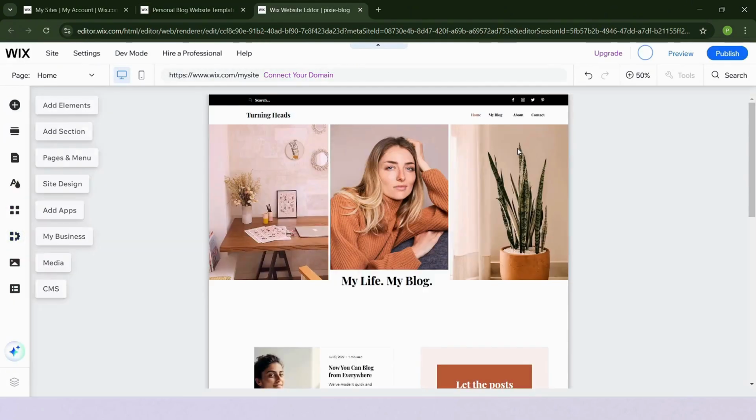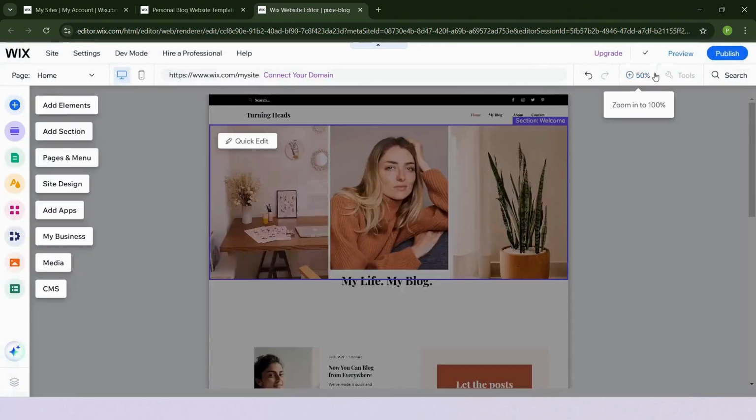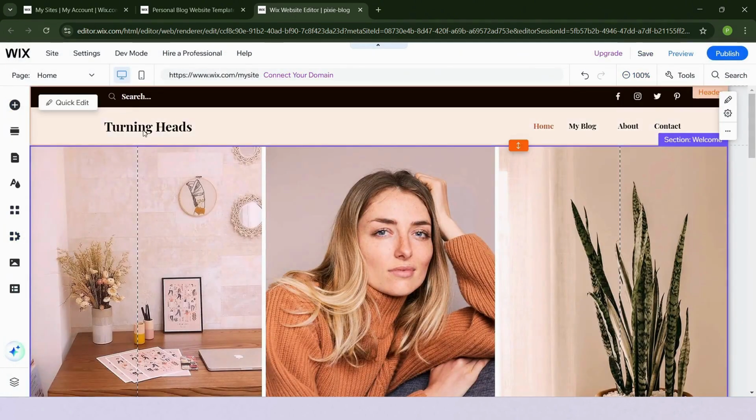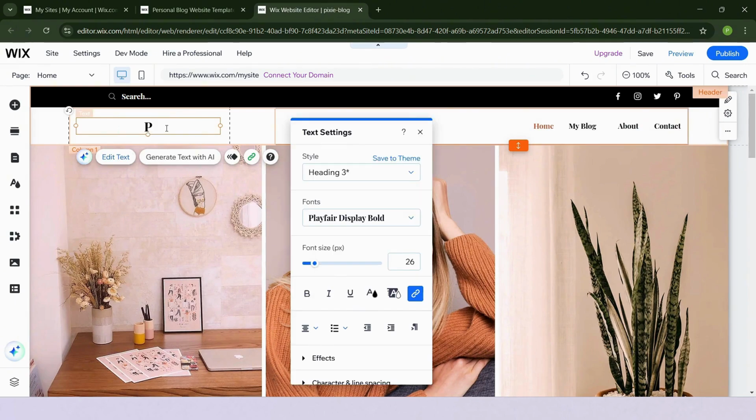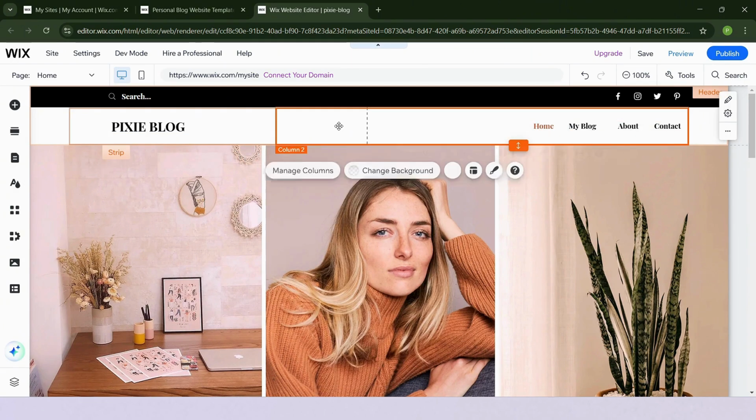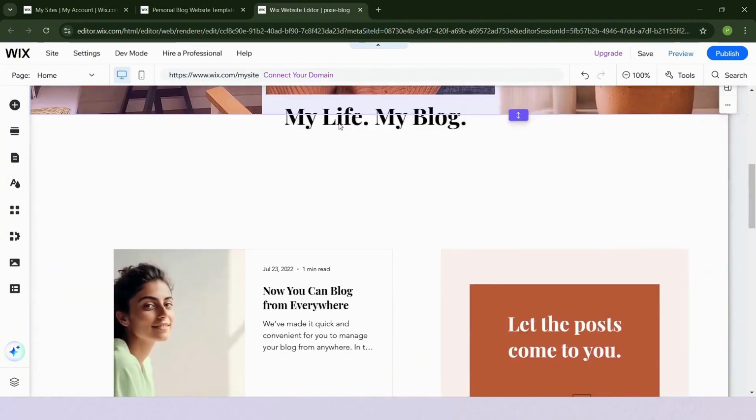You can now start and rename your site. Let's rename the site here. It's Pixie Blog. Okay. Now